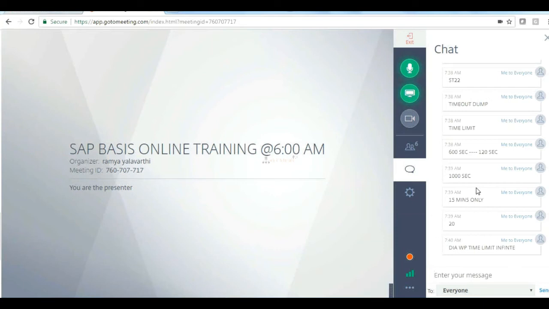So to give unlimited, the value should be 0. The time limit value should be 0. If you give 0, it means unlimited time. Got my point?